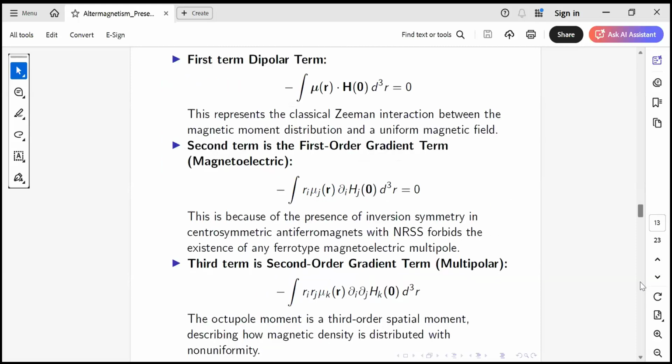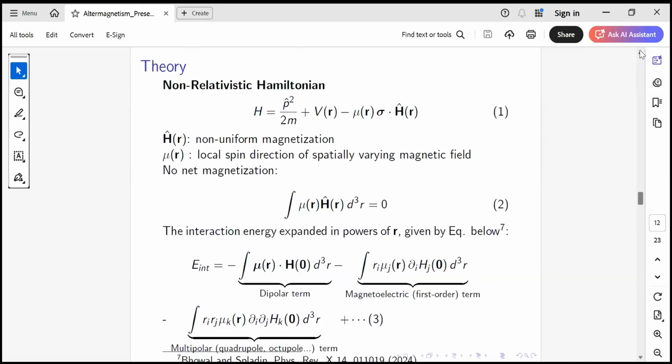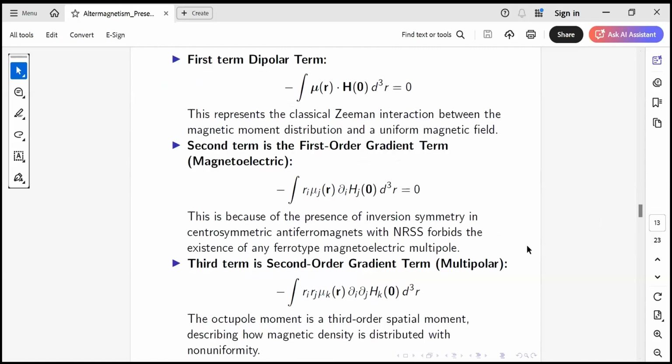The only responsible term, because we are having spin splitting, right? In spin splitting, there has to be some magnetic field that will split the band, just like in the case of the Zeeman effect and the spin orbit coupling. But here the total magnetic moment is 0.